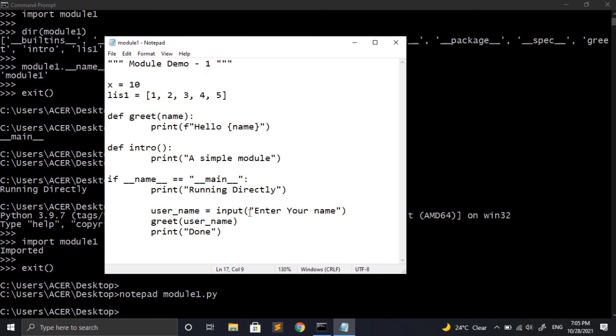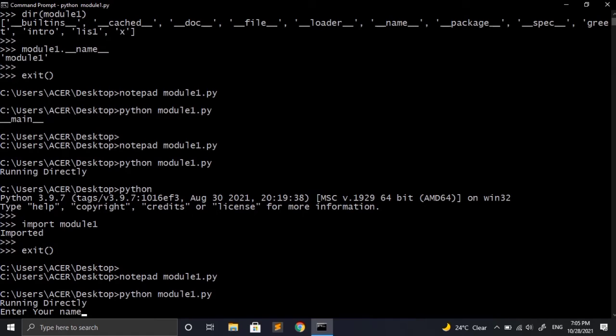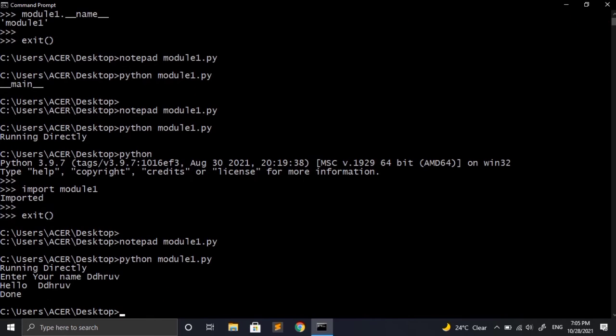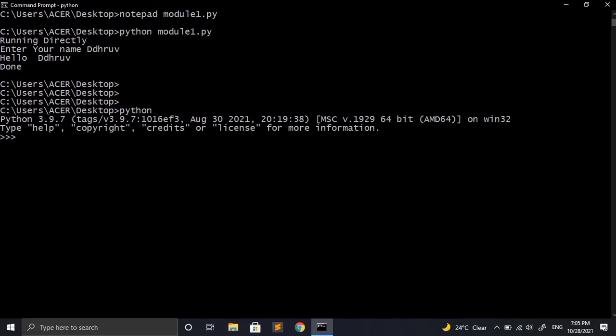So now let's close the file and try to run this directly. For that I will write python module1.py. As soon as I hit enter, it shows running directly, and then it asks for the username. When I enter the username, it will greet me, and after that it will show done. Now let's again start the Python REPL and import module1 in that.